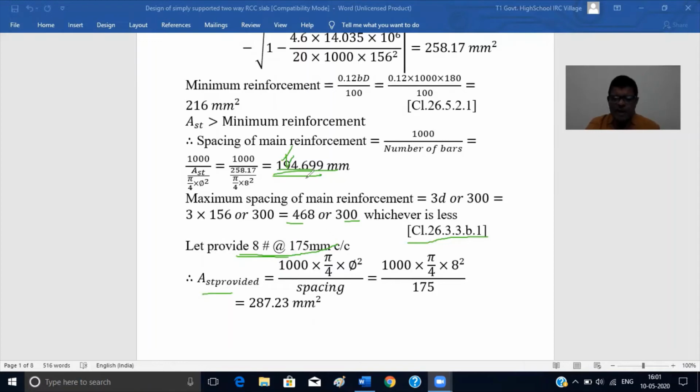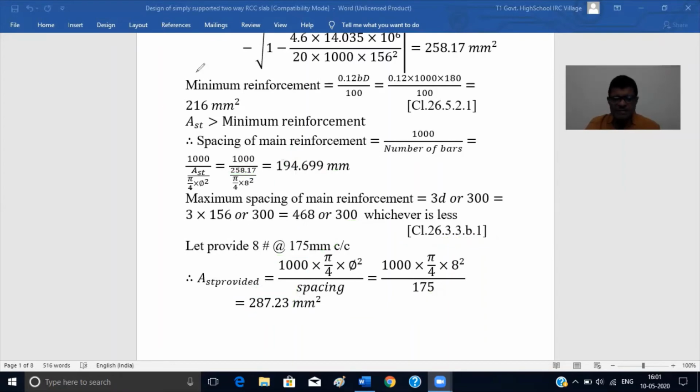Again put the same formula, 1000 by number of bars. Number of bars means AST by pi by 4 phi square. So pi by 4 phi square will go to the top and the spacing will come here. So we'll find 287. The requirement was 258.17, and in place of that we have provided 287. This is required for the deflection check, because all the steel in the X direction will be considered for the deflection check. So these two values will be required